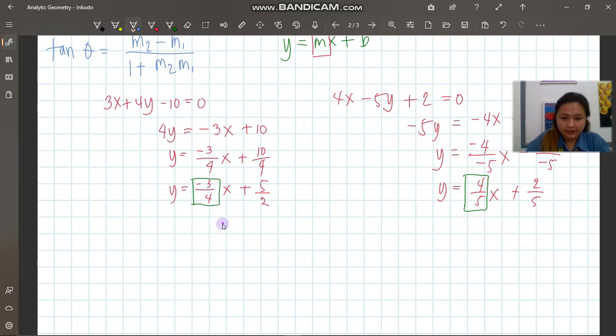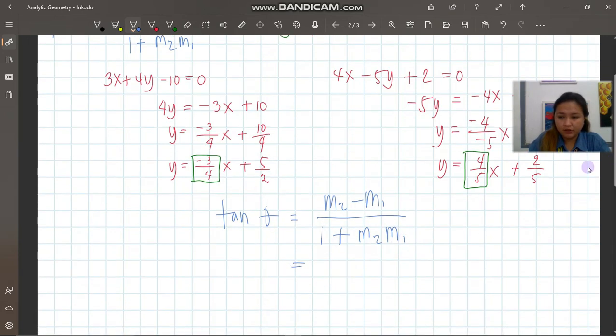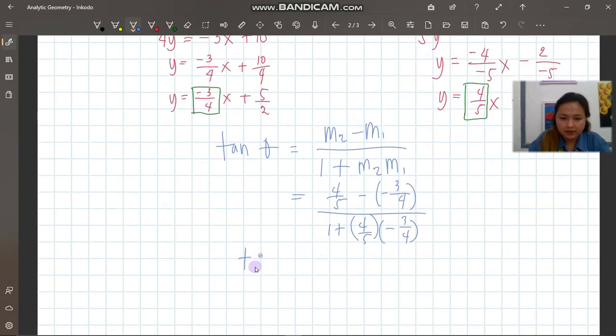So we have here our tan theta, m2 minus m1 over 1 plus m2 times m1. We take the larger value as m2, that's 4/5 minus negative 3/4 over 1 plus 4/5 times negative 3/4. The calculator will take care of this part. Tan theta is equal to,